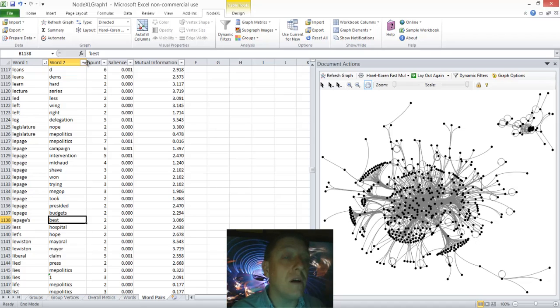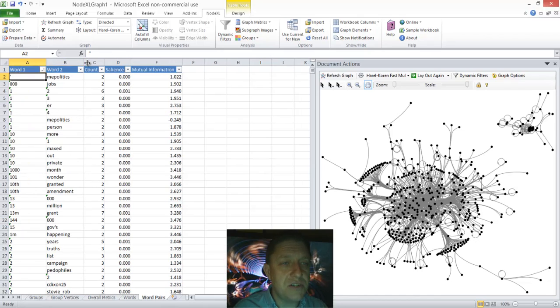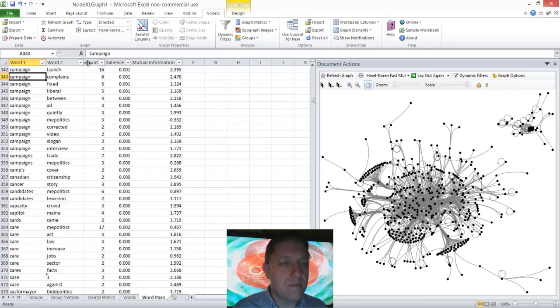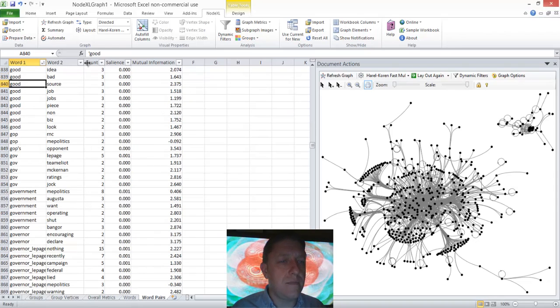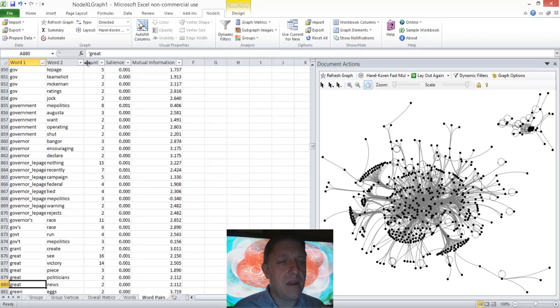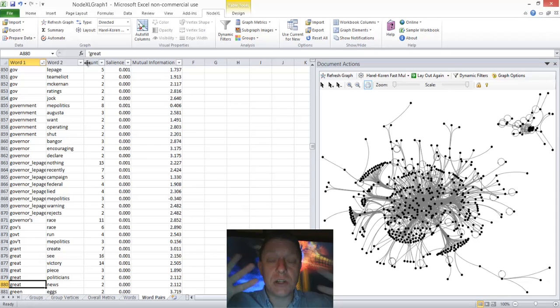show up as? Well, governor, right? So let's go to G. GOV. Gov LePage, Gov Team Elliott, Gov McKernan, Gov Ratings, and Gov Jock. Then there's Governor LePage. Nothing. Recently. Campaign Federal. Lied. mepolitics. Warning and rejects. So we are starting to get a picture of the connections that people have in their collective mind when they're talking on